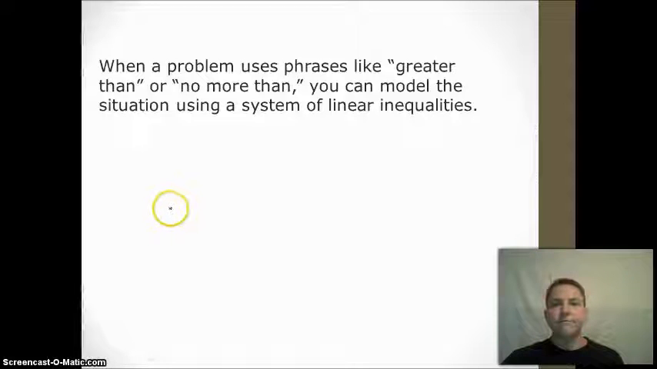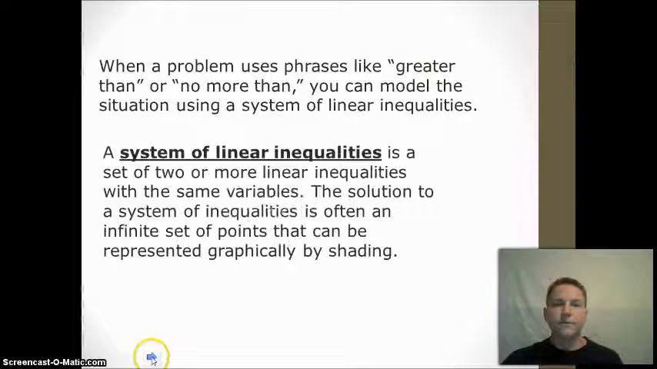When a problem uses phrases like greater than or no more than, you can model the situation using a system of linear inequalities. A system of linear inequalities is a set of two or more linear inequalities with the same variables. And the solution to a system of inequalities is often an infinite set of points that can be